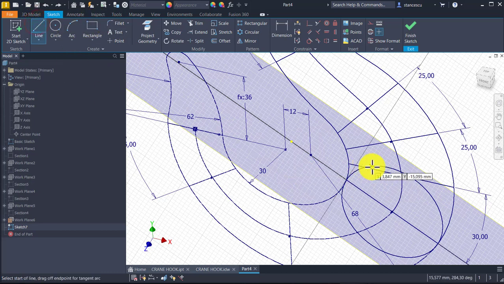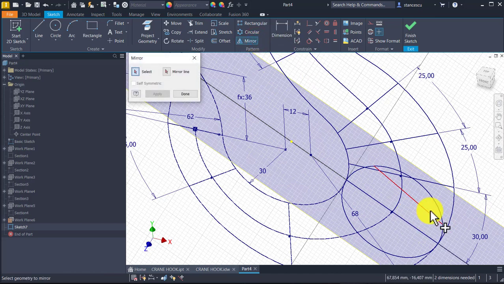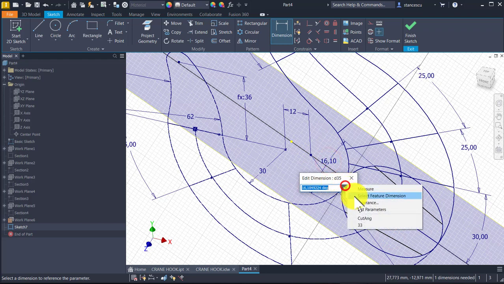Line from this point to this point, and the other is the axis, which is the diameter. Mirror that last line, mirror line is this one, apply, done. Angle is cut ang. Okay,